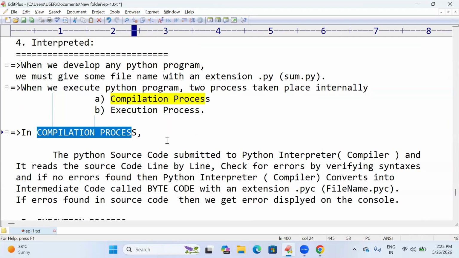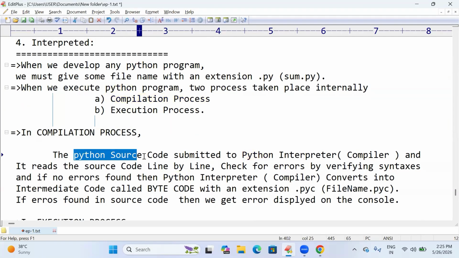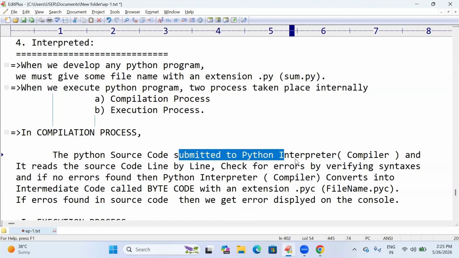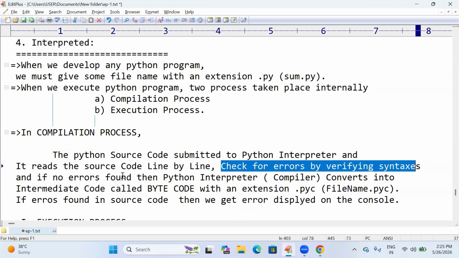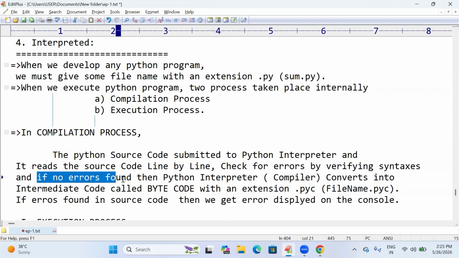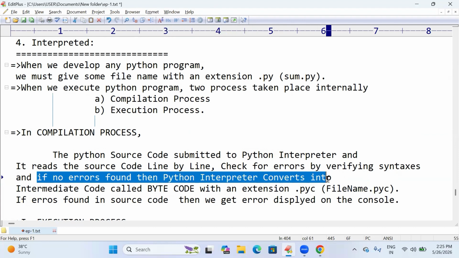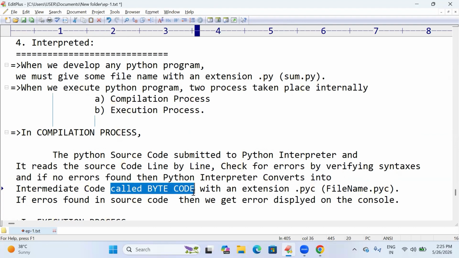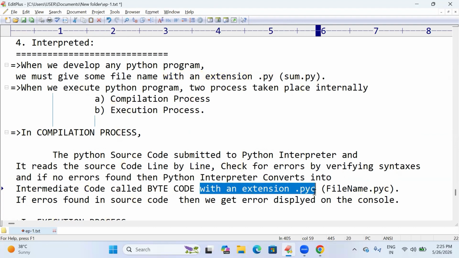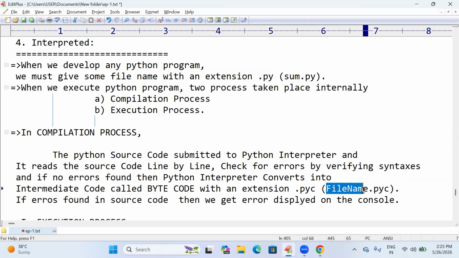In the compilation process, the Python source code is submitted to the Python interpreter and it reads the source code line by line, checking for errors by verifying syntax. If no error is found, then the Python interpreter converts it into intermediate code called bytecode with an extension .pyc, file name .pyc.